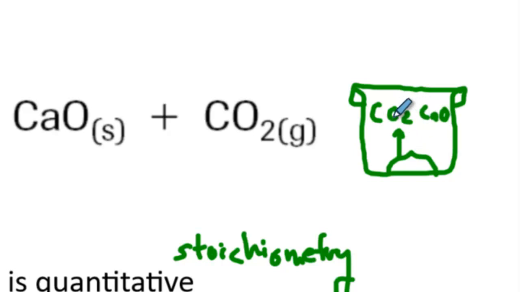And eventually the CO2 and the CaO, carbon dioxide and calcium oxide, start to react with each other and reform calcium carbonate. And so we get an equilibrium reaction. We get a balance of how fast this is turning into CO2 and calcium oxide, and how quickly those two products are turning back into the reactant. And because it's a closed system and nothing can get in and nothing can get out,